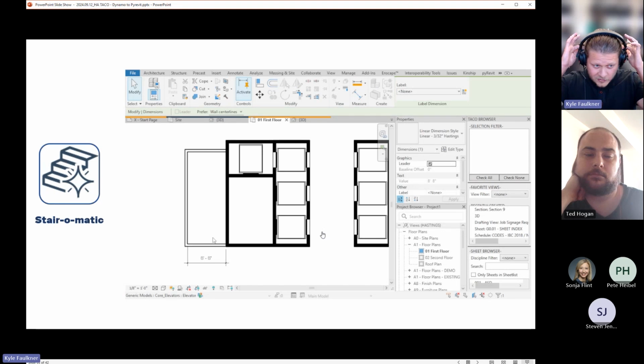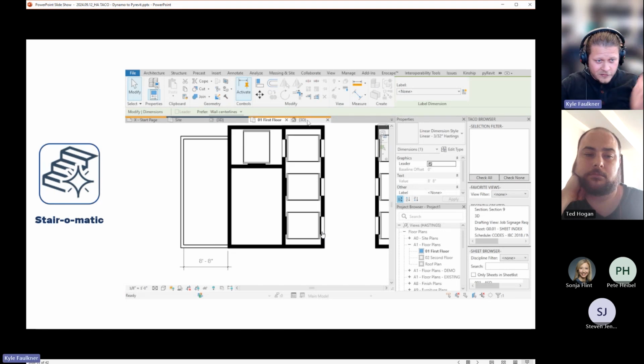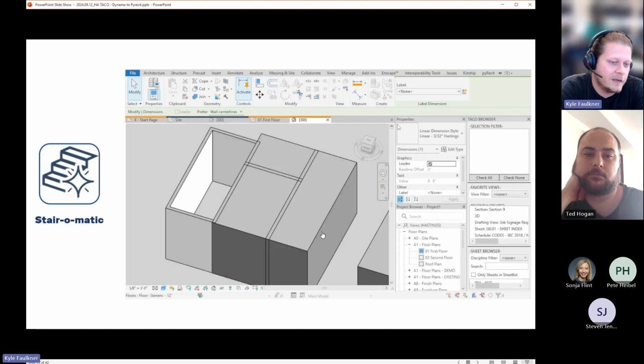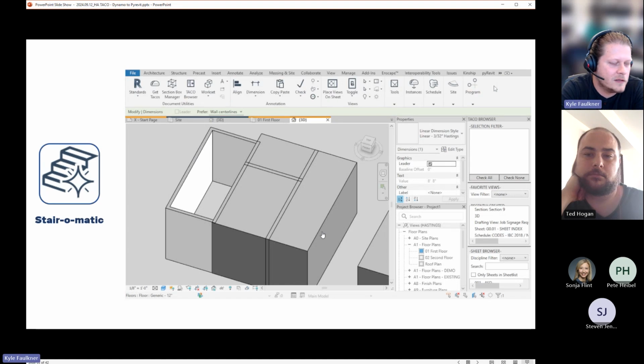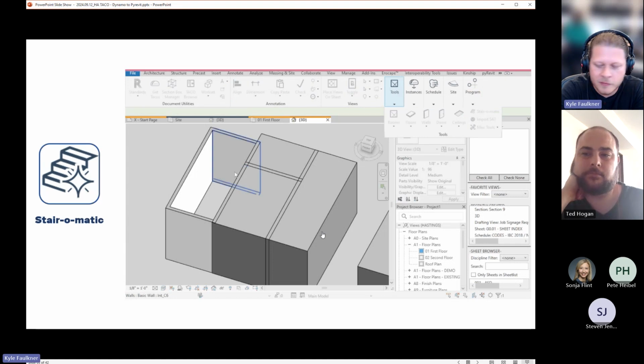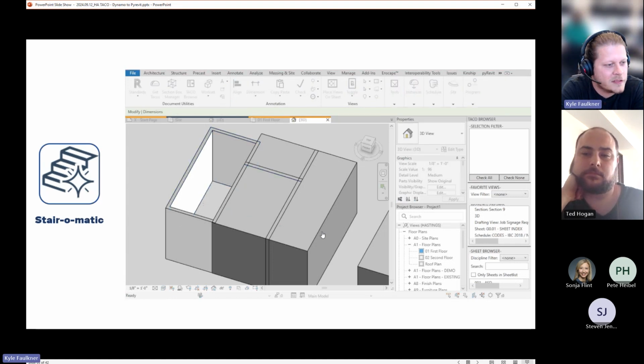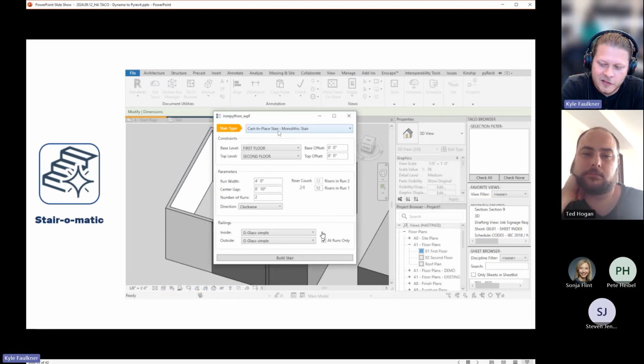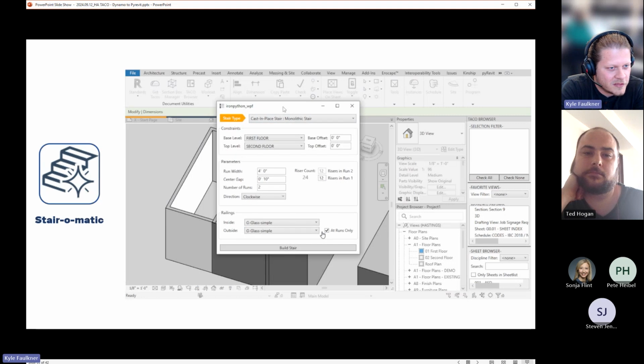And my favorite is the last one. This is my favorite script, the Stereomatic. So I have an unhealthy obsession with how stairs should be built in Revit, and I like how I build the stairs and not how other people build the stairs. So I built a script to build the stairs the way I like to build stairs and tell everybody to use it. So you run the script, you select the wall, you select which side of the wall you want your stair on,